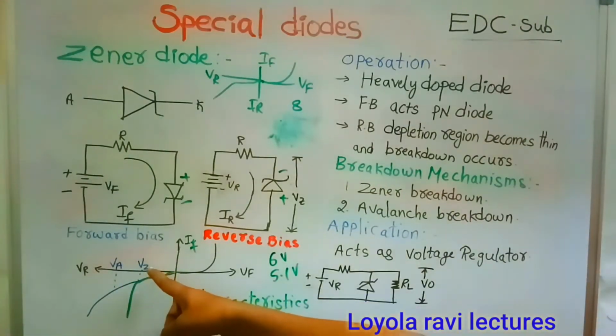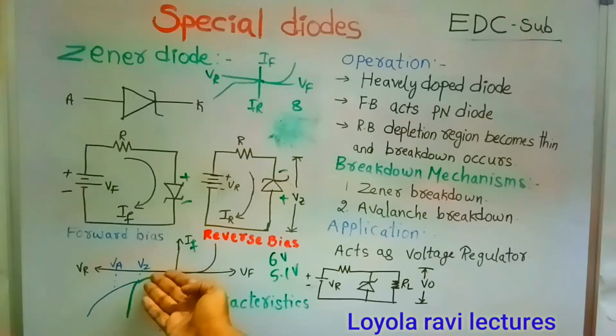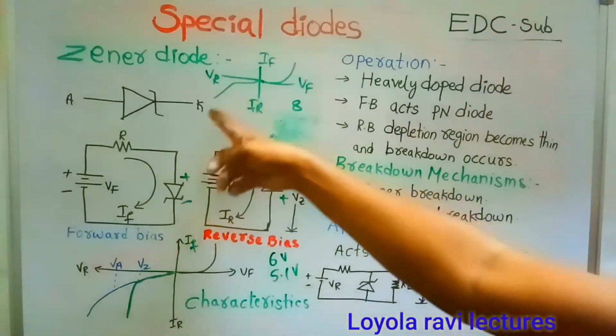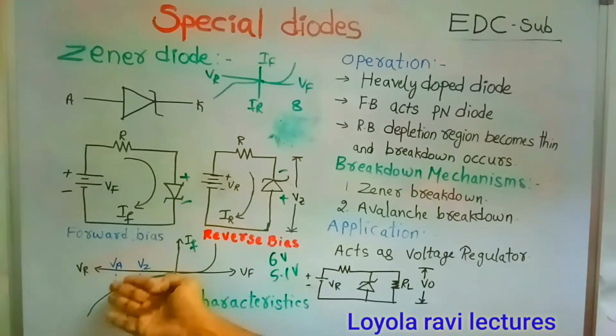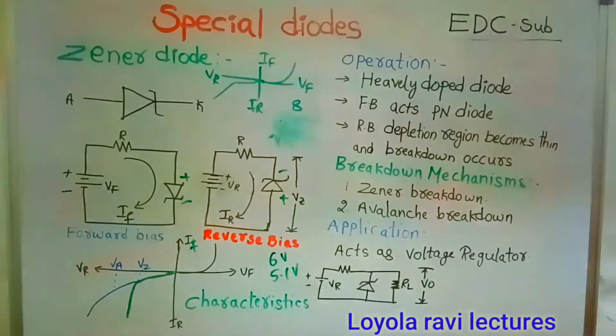After getting the constant voltage, still we are increasing this reverse bias voltage. Then again the current slowly increases, and at a particular point the current sharply increases, same as our p-n junction diode. The current sharply increases, and again the Zener diode gets damaged. So the second breakdown is nothing but avalanche breakdown. This avalanche breakdown is due to avalanche multiplication.